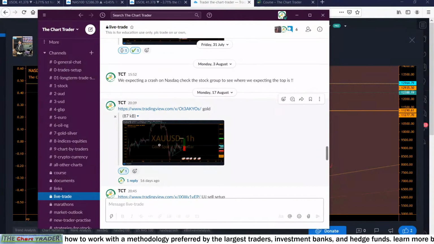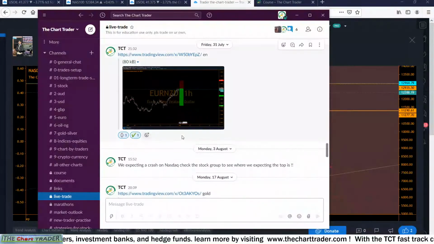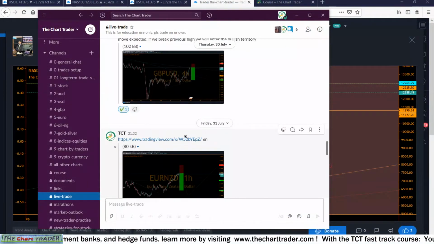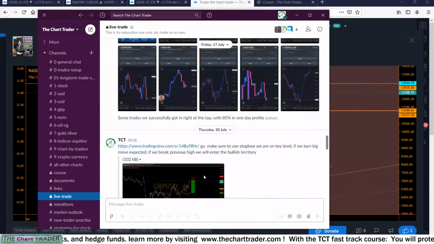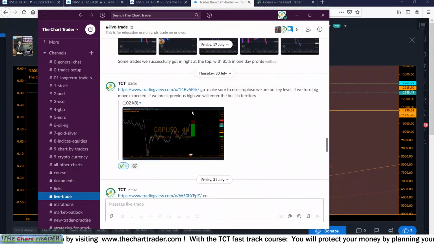Okay, guys, this is the gold as well from before. Okay, we went right to this arrow, guys. We dropped and we are now playing here. Okay, we went right here. We did get this one as well. So this gold call was correct. Euro New Zealand as well. I'll show you when you go to the chart. Okay, pound USD, we did get this move and we went back up, and we said exit on the trend line. See,